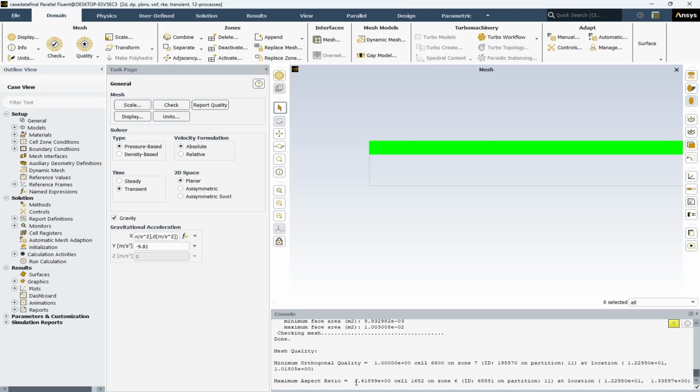In case of orthogonal quality, this parameter is a measure of the cell's deviation from a perfect shape. The range is 0 to 1, where 1 represents a perfect cell. Lower values indicate poor quality, potentially leading to inaccurate results. It's crucial to maintain high orthogonal quality, preferably above 0.1. Okay,